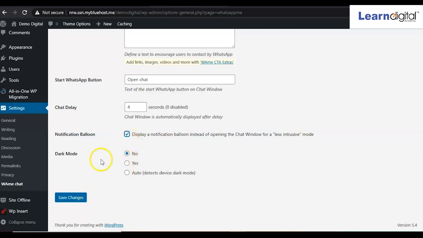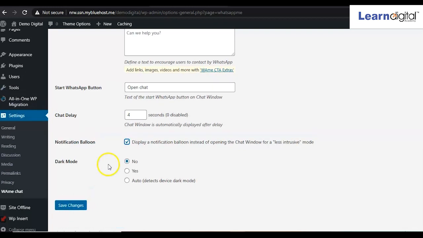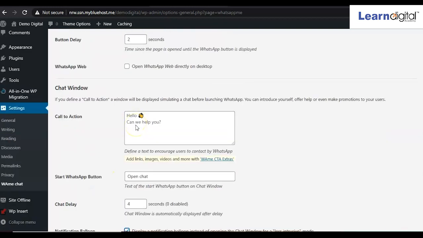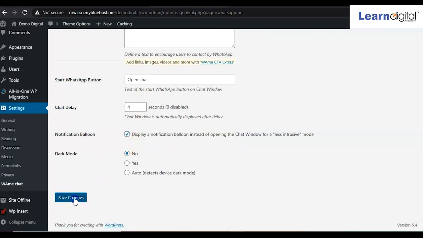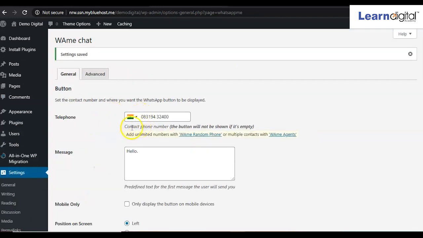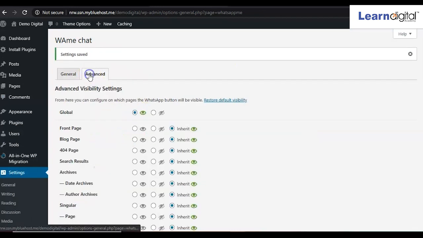Now just click on save changes. Remember, all these settings you have to set according to your requirement, right? Then click on save settings. Now this is saved. If you go to the advanced option, some options are coming.